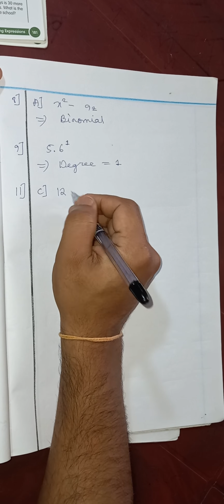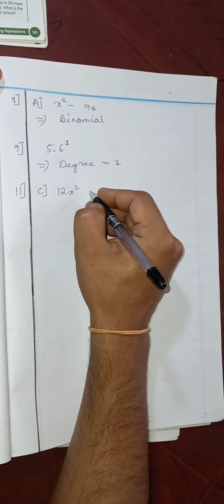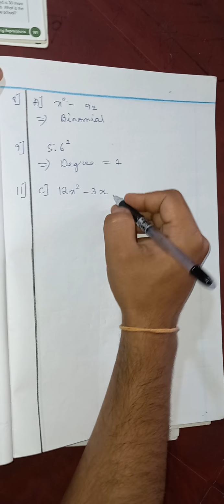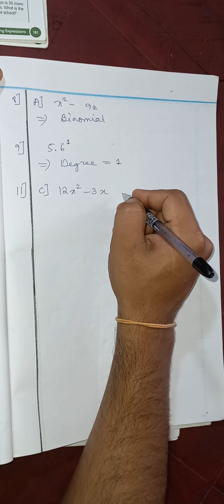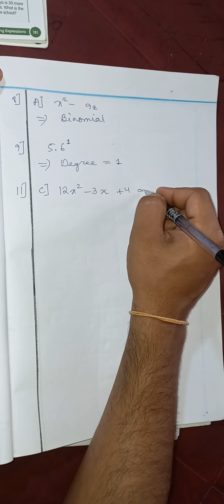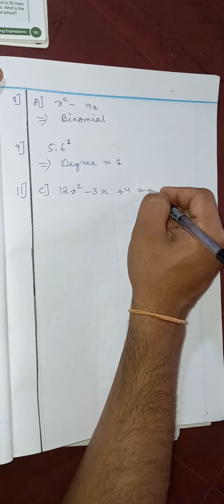Okay, you have to add the terms over there, they are saying. So they are saying to add 12x square minus 3x plus 4 with minus 12x square plus 4x minus 4. Okay, so see here, and over here means plus sign, so you just replace it with a plus sign because they are asking us to add. So let us add, come on, children.